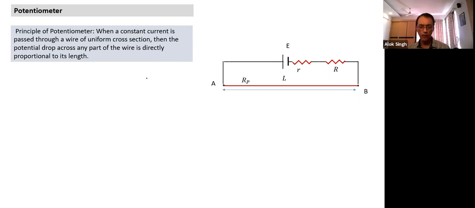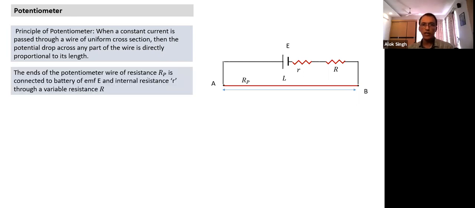Let's go through the proof also here. What is the proof? We have done it partly already. Let's see the same thing. This figure, if this comes in IP, we'll draw this figure. The ends of the potentiometer AB is connected to a battery of EMF E, and internal resistance r, and we have added one more resistance R here also. There's external resistance, there's internal resistance of the battery, and the potentiometer. All this combination is here.